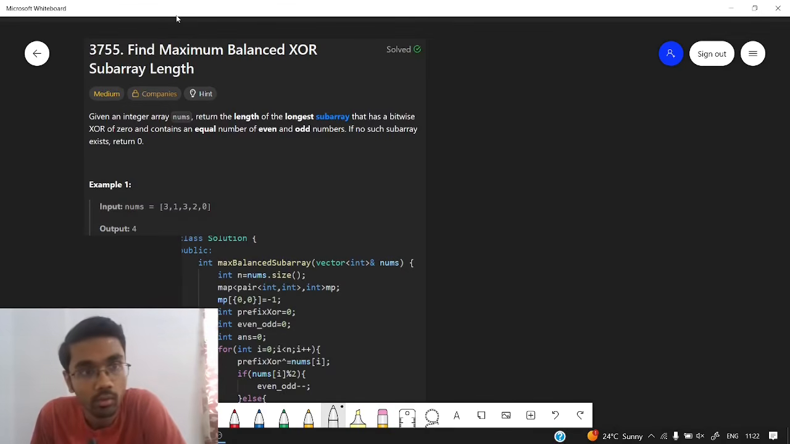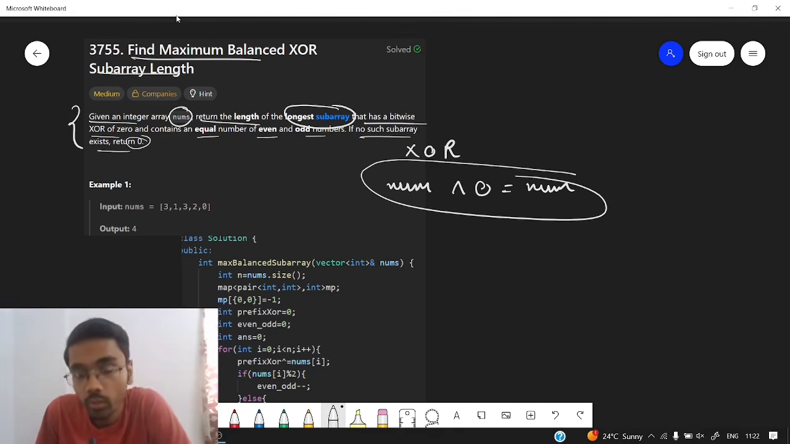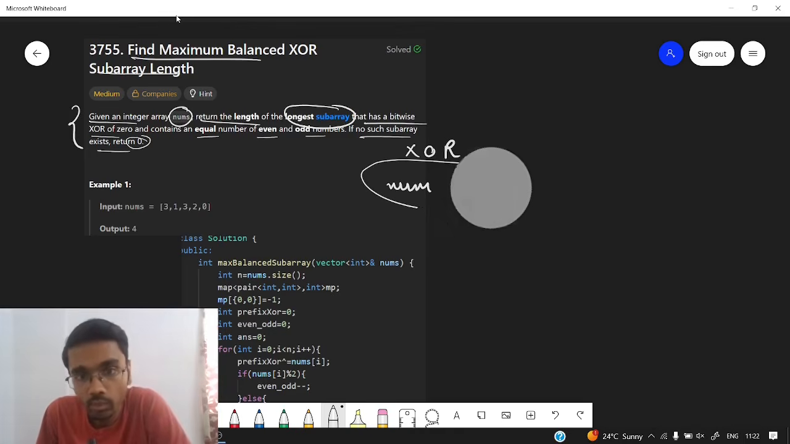The problem name is find maximum balanced XOR subarray length. So let us read the problem. Given an integer array nums, we need to return the length of the longest subarray that has bitwise XOR of 0 and that contains an equal number of even and odd numbers. If no such subarray exists, we need to return 0. So how will we be solving this problem? We have a property of XOR that any number, if we XOR it with 0, we get the number itself. So we'll be using this particular property in this problem